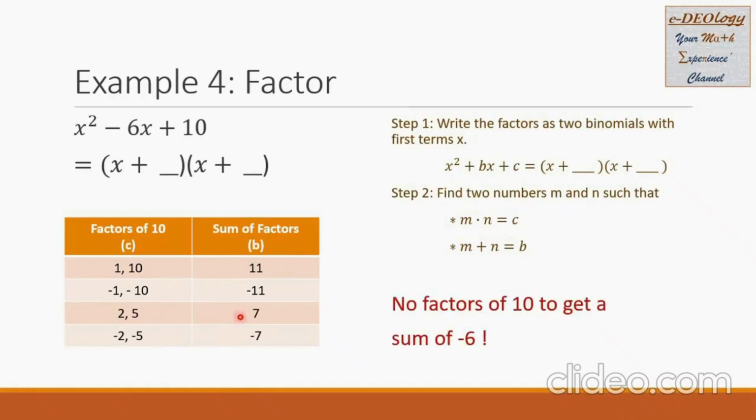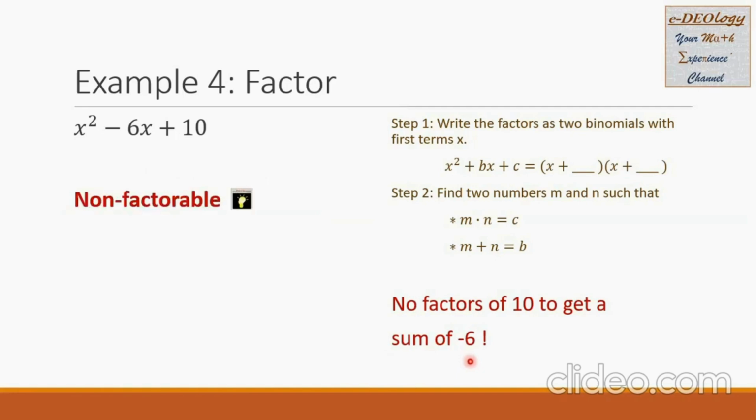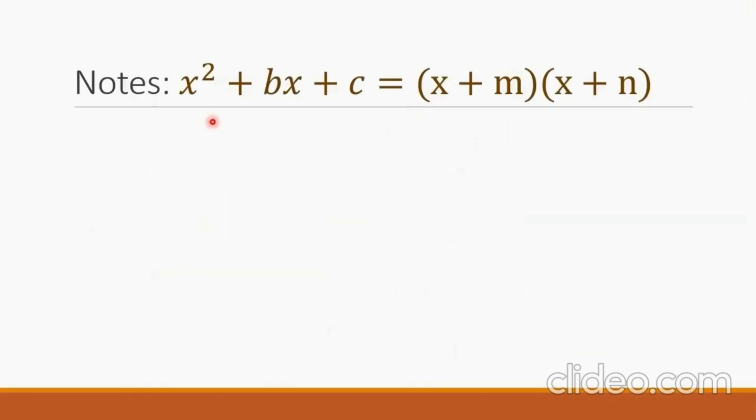As we can see here, there is no pair of factors of 10 that gives a sum of negative 6. In this case, we will say that this trinomial is non-factorable, and this will be our answer here. Let us put some notes here. We know that we are factoring a trinomial